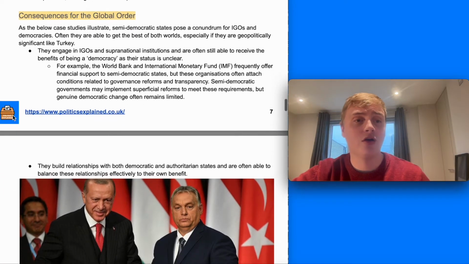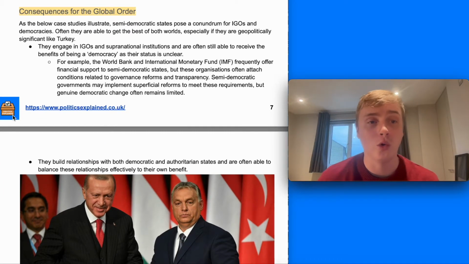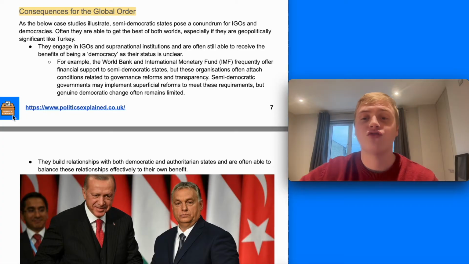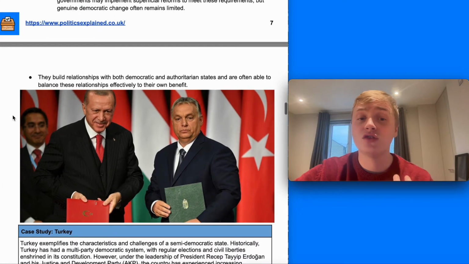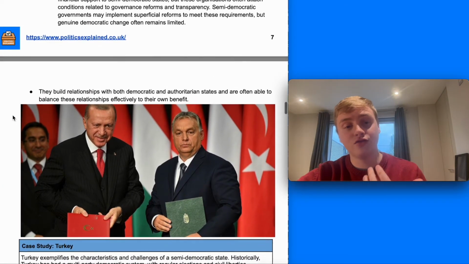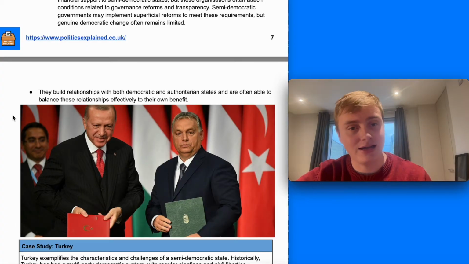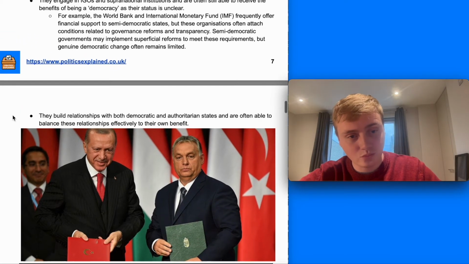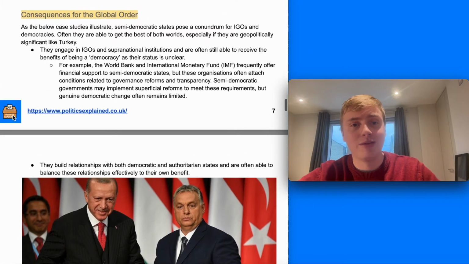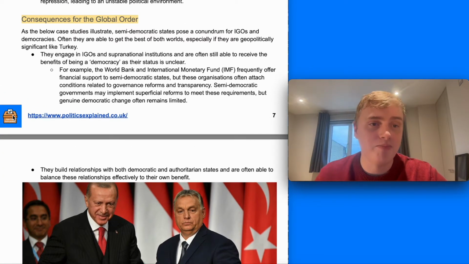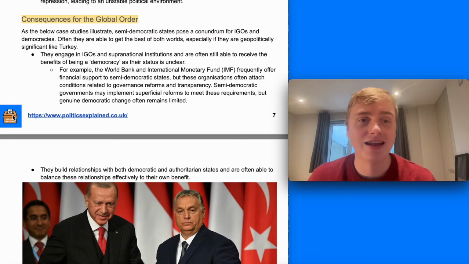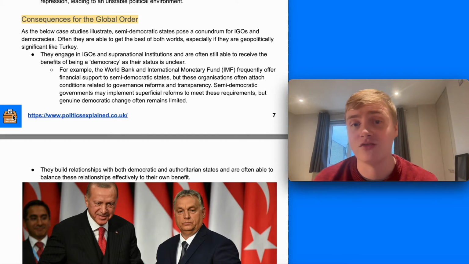So then, what are the consequences for the global order? I thought I'd demonstrate this through the case studies of Turkey and Hungary. You can see President Erdogan and Viktor Orban there, the leaders of those countries, respectively. As the case studies are going to illustrate, semi-democratic states pose a real conundrum for international governmental organisations